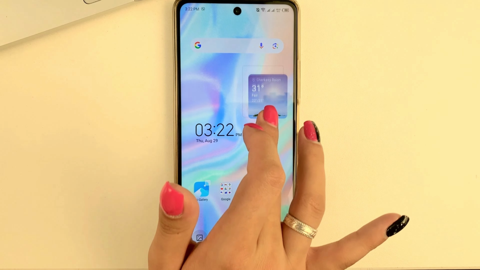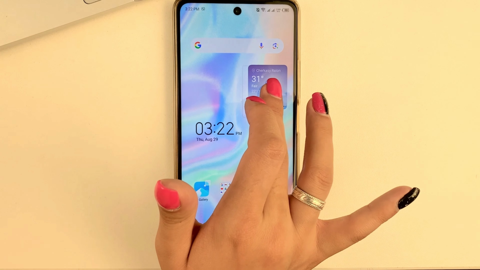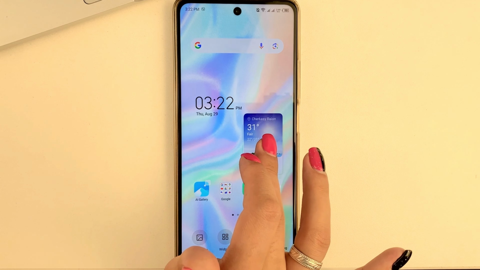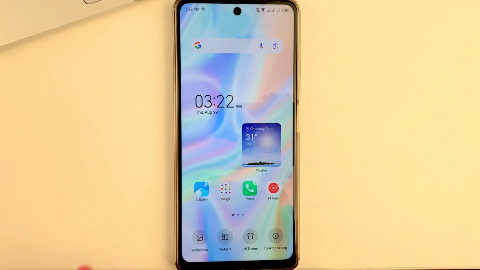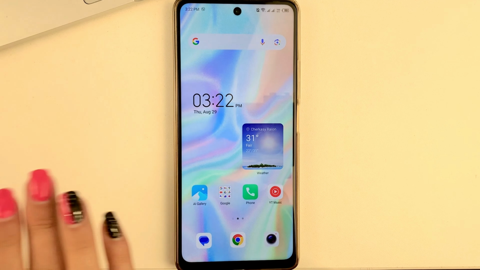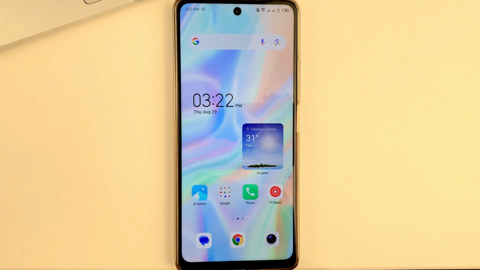Now you can click and drag this widget to wherever you would like it to go. Like this. To save your changes, you just have to click on the blank screen. And now, as you can see, all the changes on your Android desktop screen are committed and you have a weather widget added.